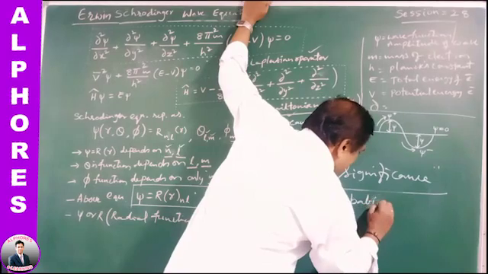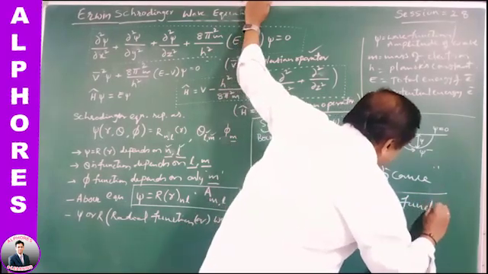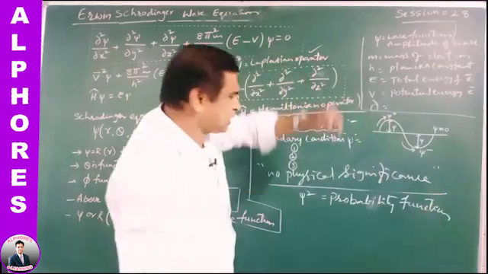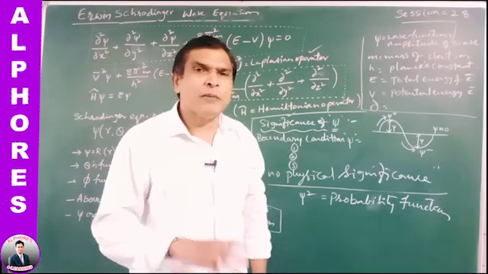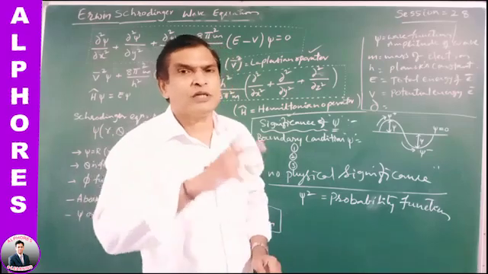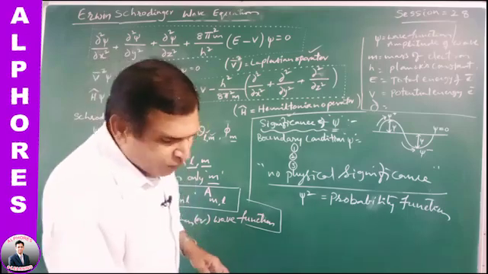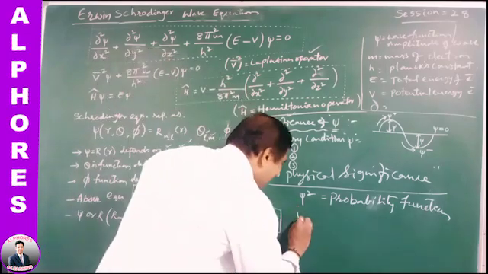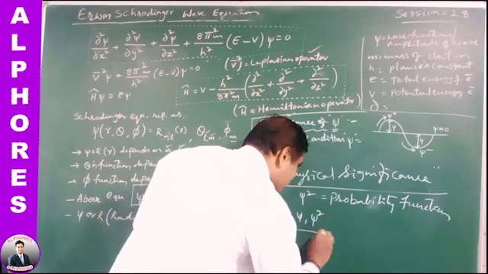It represents the probability function. What does it mean? That means it represents the maximum probability of finding an electron around the nucleus. So finally, what is the conclusion? The values of psi and psi square explain to us